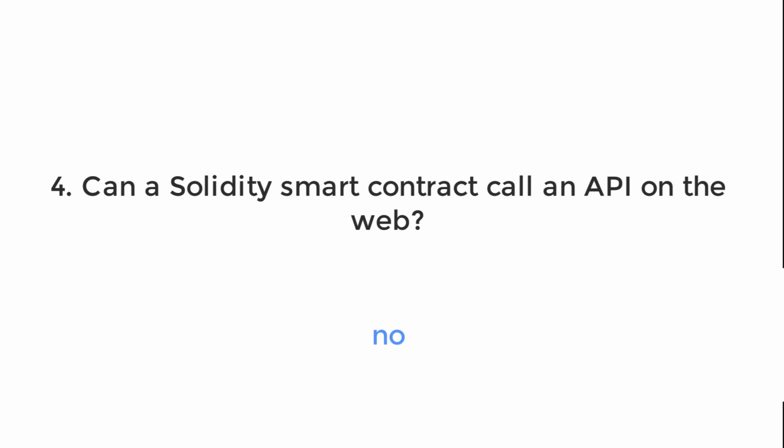No. A smart contract can only execute its own code and interact with other smart contracts on the Ethereum blockchain. If you need your smart contract to interact with an API on the web, the pattern you use is the Oracle pattern, where an external API calls a function on a smart contract and feeds it with some data. And after that, the Solidity smart contract can make use of this external data that was imported in the Ethereum blockchain. But it's always from the outside world to the blockchain and never the other way around.